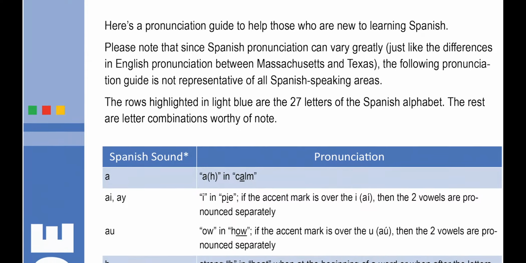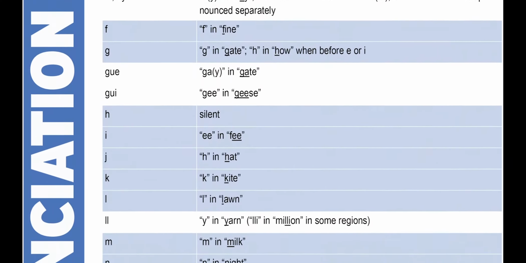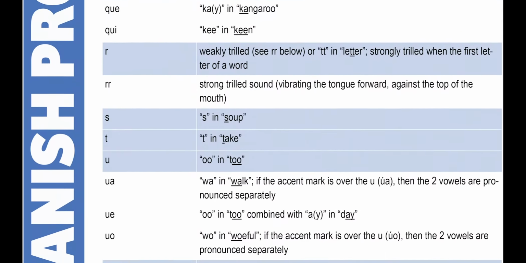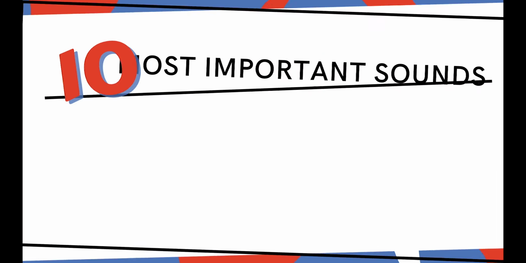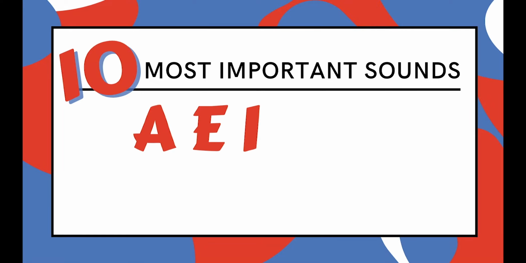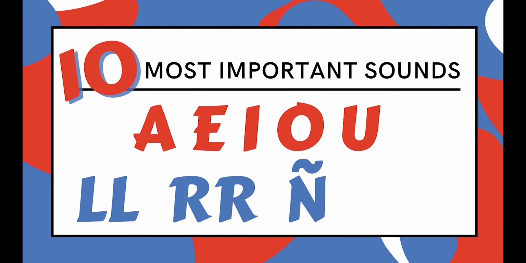Now that pronunciation guide is pretty long, and you do not have to worry about all those sounds. That's just a comprehensive guide. What we're going to do in this video today is go over all of the sounds that I think are really important for anyone to memorize. And then once you have those, you will eliminate the vast majority of noticeable pronunciation mistakes. And the number of sounds we're going to go over is only 10. So this is really doable.